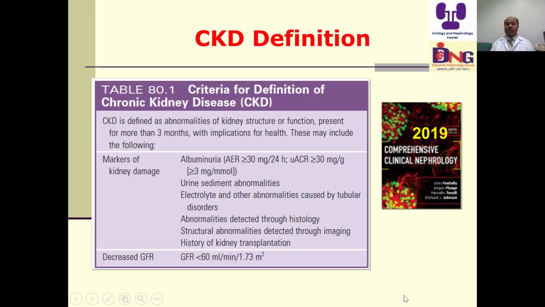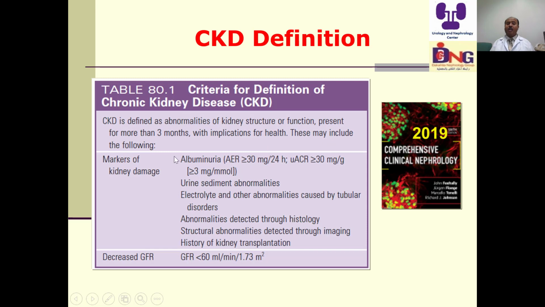Let us start with the definition. Chronic kidney disease is by default chronic, and it is progressive, but the basis of progression is completely different from acute kidney injury. And the most important point in the definition is persistent derangement of kidney function for more than 3 months. So CKD is defined as abnormalities of kidney structure or function present for more than 3 months with implications